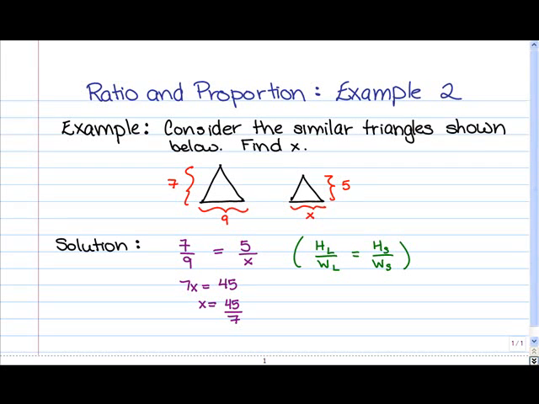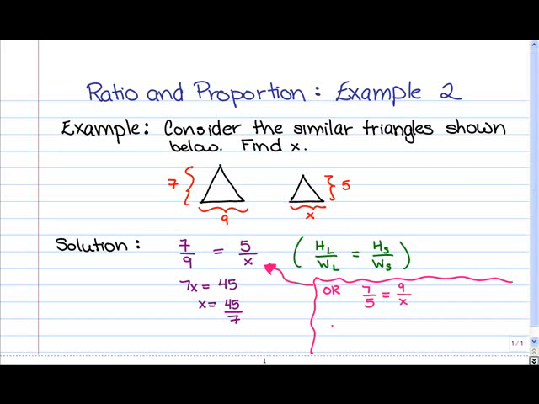Now, we had said that there are other ways of setting this up, so let me show some alternative ways as a little aside to the original setup. What you might have done is compare the height of the large triangle to the height of the small one, and that ratio would be the same as the ratio of the width of the large triangle compared to the width of the small one. And then you could go ahead and solve this, and you would still end up with an answer of 45